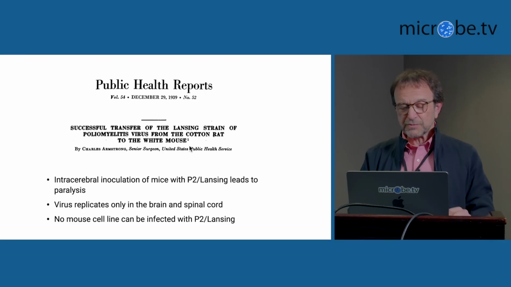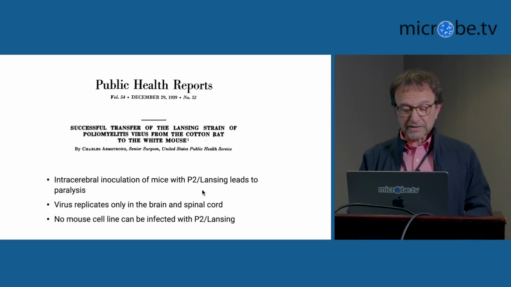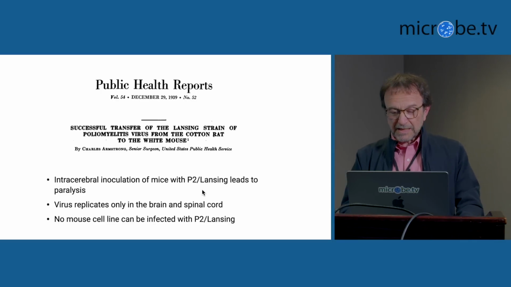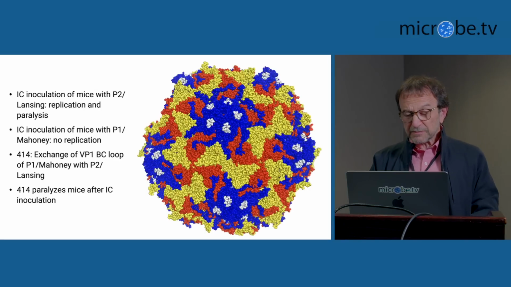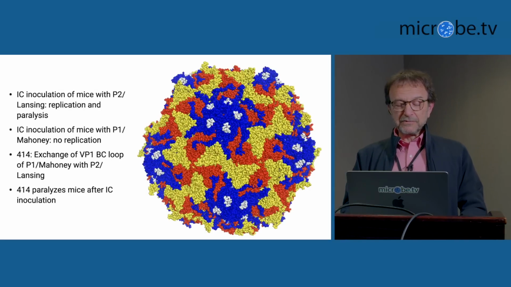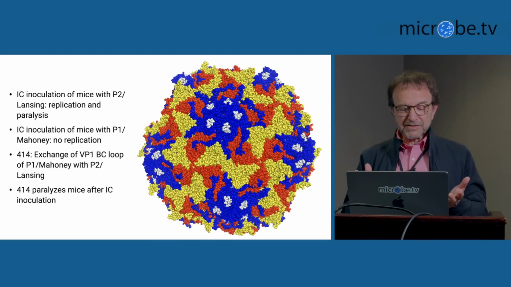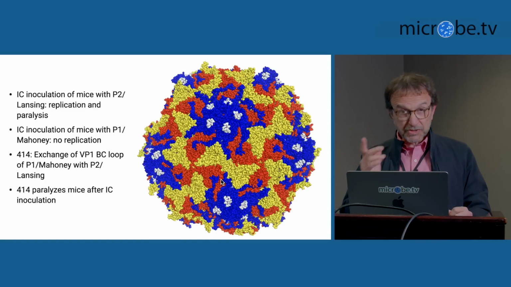So this virus, when intracerebrally inoculated into mice, the mice get paralyzed. The virus replicates only in the brain and spinal cord. You can't infect any mouse cell line with Lansing. We always wondered what the receptor was, and later I'll get back to that. Then in some work we did with Eckard, we found that substituting an 8 amino acid sequence in the VP1 BC loop of type 1 Mahoney, which does not infect mice,